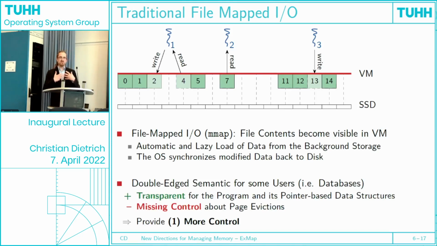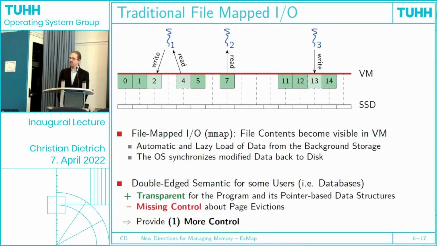So a file mapping is transparent for the user. The program can really use pointers to point inside this file mapping. You can even put pointers in there. Not always a good idea, but you can do it. You can directly invoke your qsort algorithms on the content of the file. This is possible because it's really only memory.